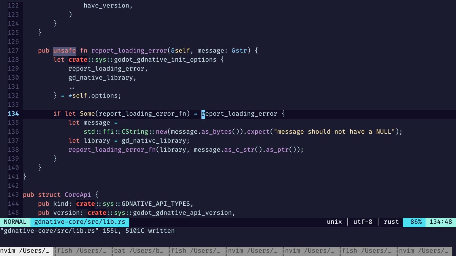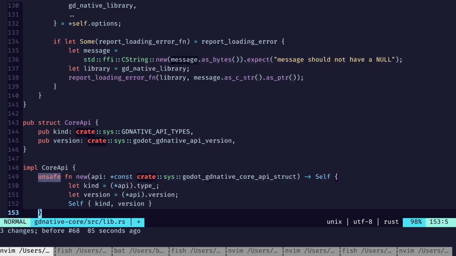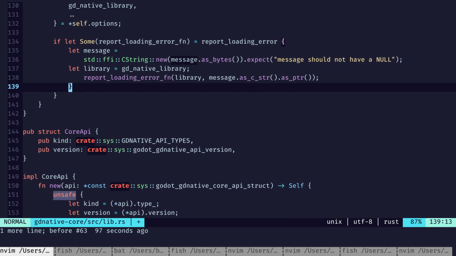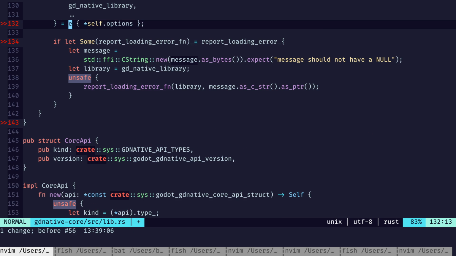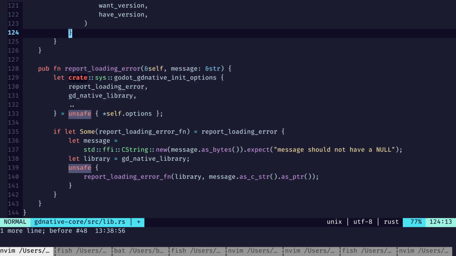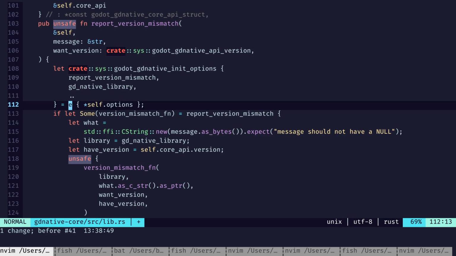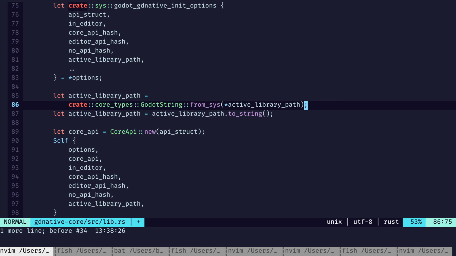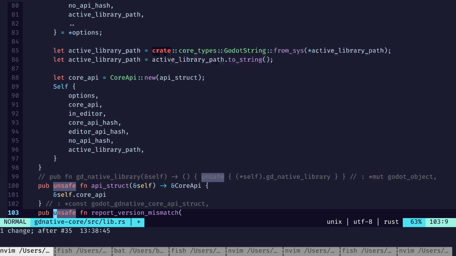Or an evil function. Yes. But I see what you're saying. Basically, if they create this with a valid